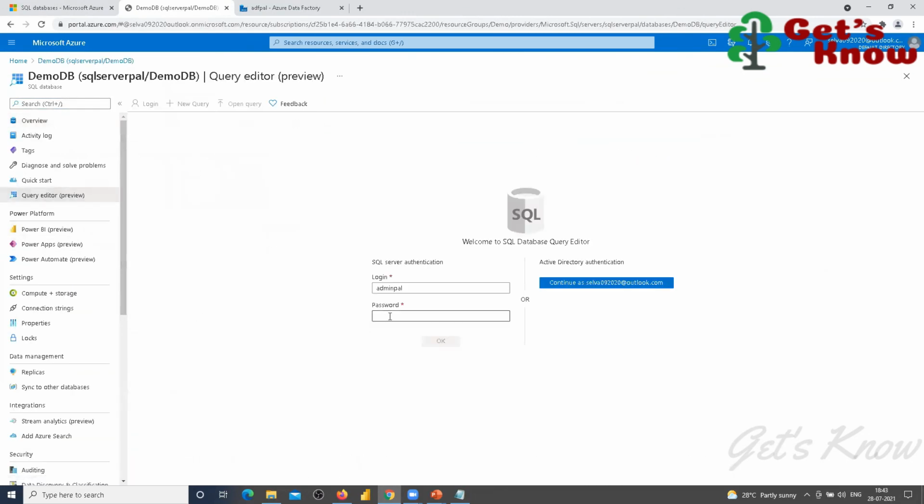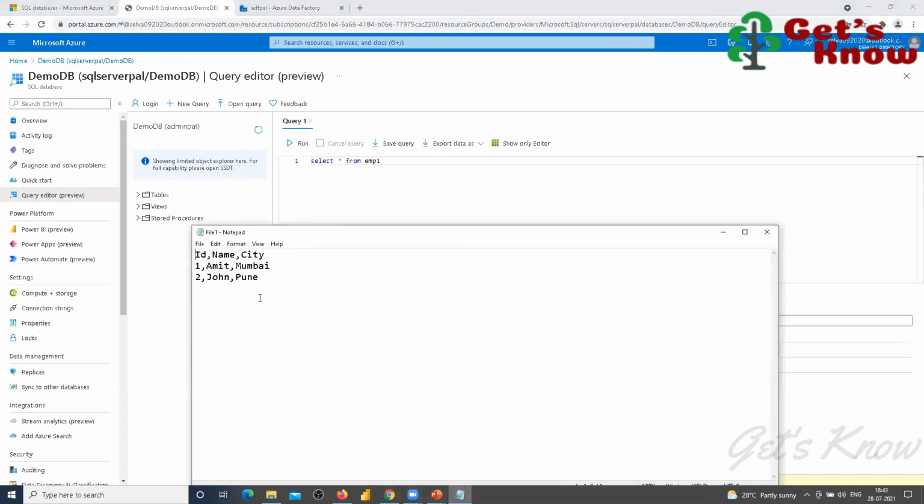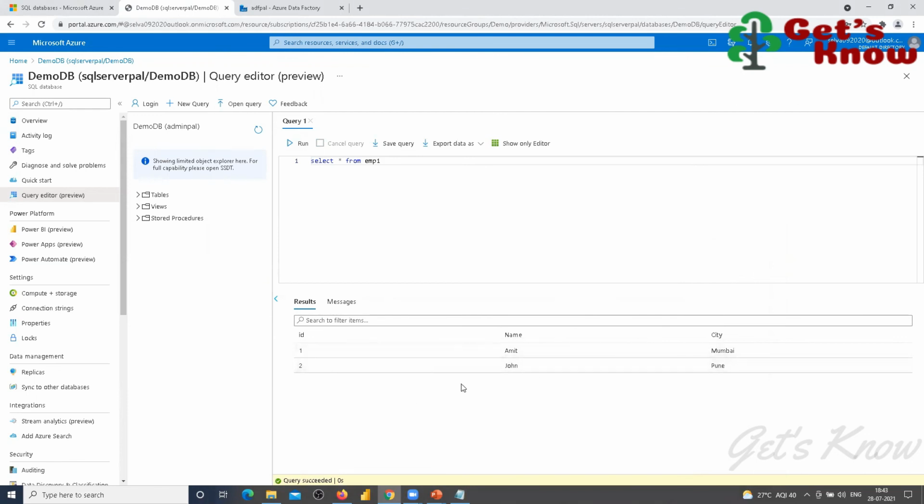See here, select star from the EMP1 table we are using, right? So select it. You see here, we have the data, Amit and John. The same data only we have here, Amit and John. You got my point?